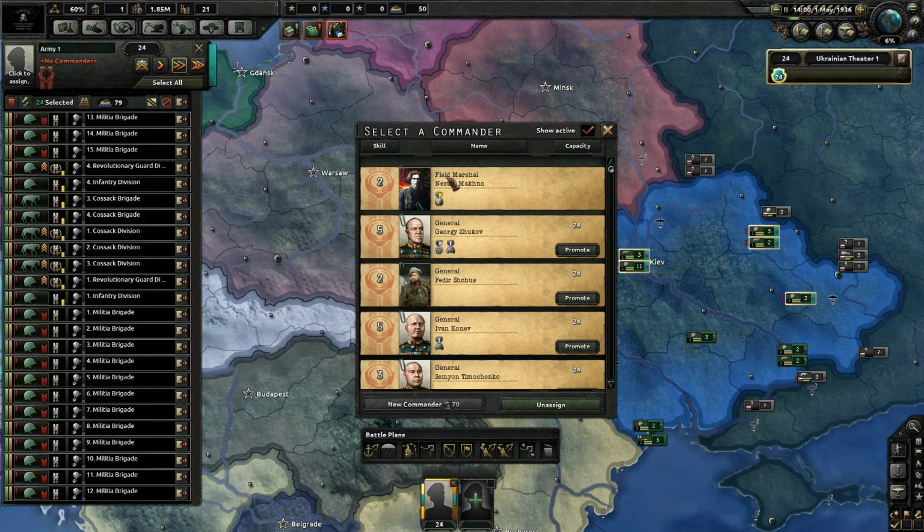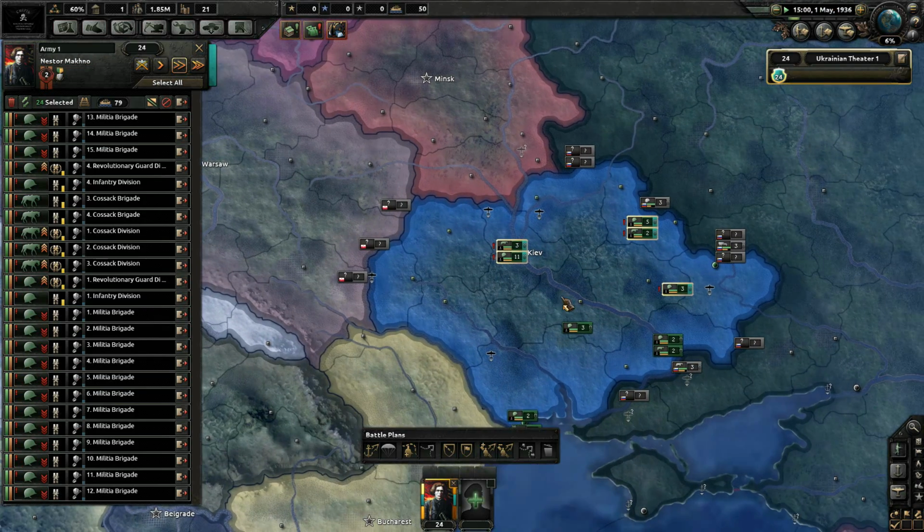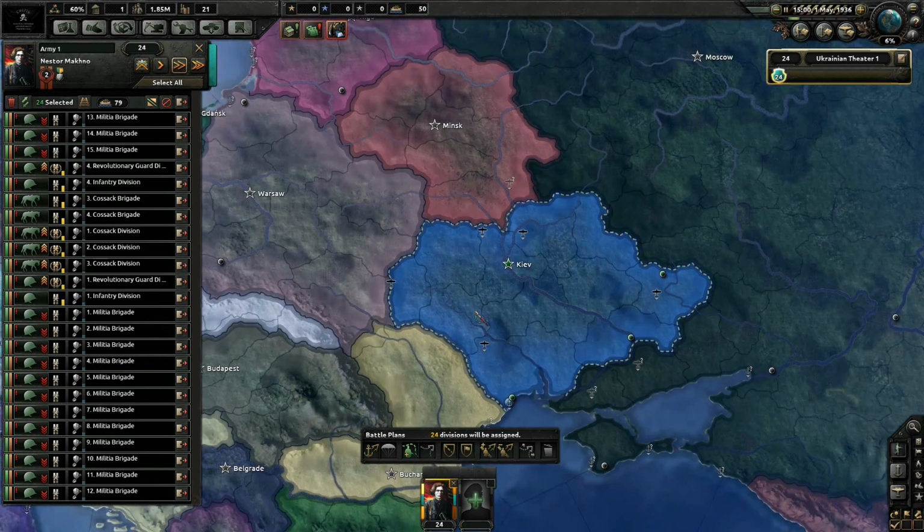Wow, we can take Makhno himself. We can take Georgy Zhukov, Fidel Skus. So he's actually added some generals here, which is hilarious. Some of these are coming from the Soviet Union. I'm going to go ahead and let Makhno take over this army, and we're going to put it here on